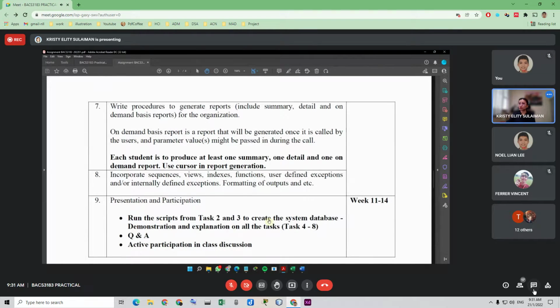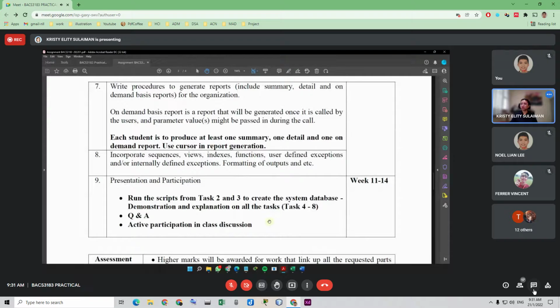Okay, so task 9 is your presentation and participation. For this one, you will need to run the scripts from task 2 and 3 to create the system database, because you will use your own laptop.